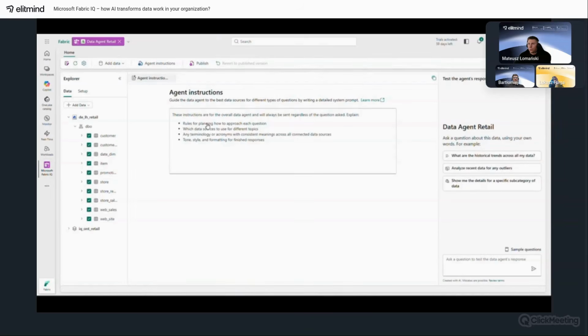in which we describe the agent's purpose and scope of operation, priorities regarding data sources, and definitions of key business terms. Okay, now I will paste the instruction I prepared.